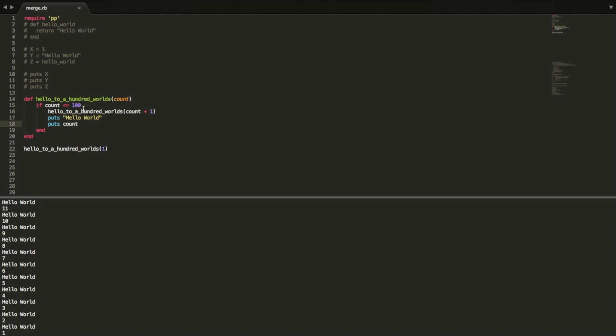And so now all of a sudden line 16 on the 99th call is satisfied, and so it can do the putsing hello world and then puts count. Now that call is satisfied, and so the previous one is free to run as well. That's the 98th, and so on and so on. And so that's your coming back up motion, and that's why you see this phenomenon of the order that things print out: the first one that gets called is actually the last one that gets executed. Recursion is pretty complicated, but I encourage you to think about it and enjoy the mind trip as you